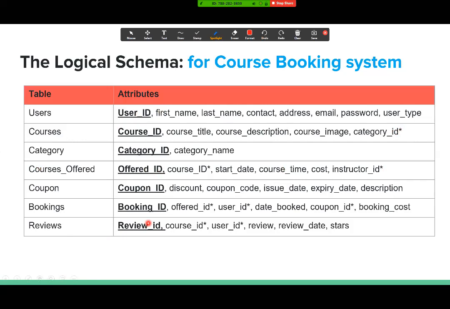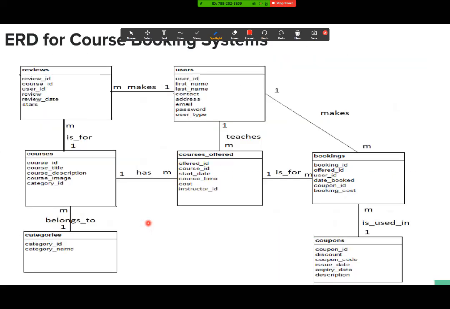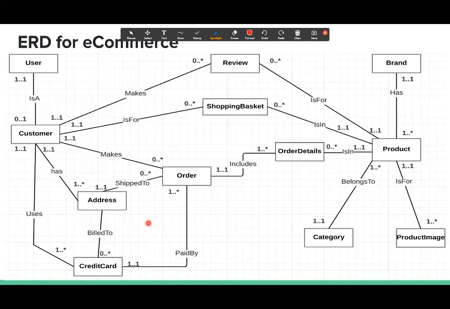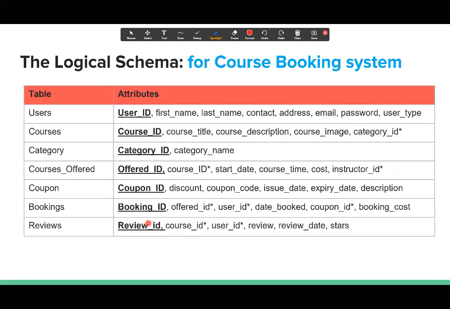You could work backward because most of you have your tables already. Even this diagram Marcus created more or less has all the tables and attributes included, so it was really built to help the students. So now all you do is, for each table, you simply have the table and the attributes. Of course, you can rename the attributes if you wish as well. And that's your logical schema.